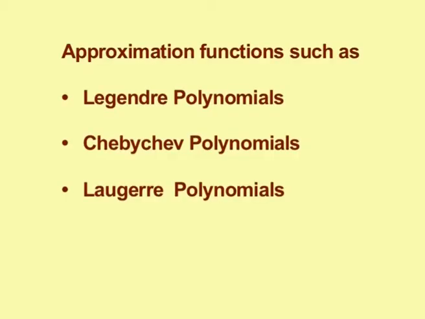As a corollary of the Gram-Schmidt orthogonalization process, we obtain various polynomials, like the famous Legendre polynomials, Chebyshev polynomials and Lagrange polynomials. Among these three, Chebyshev polynomials are extremely important in approximation theory, and they also arise in many other areas of applied mathematics. Let us see how the Chebyshev polynomials arise out of the Gram-Schmidt orthogonalization process.